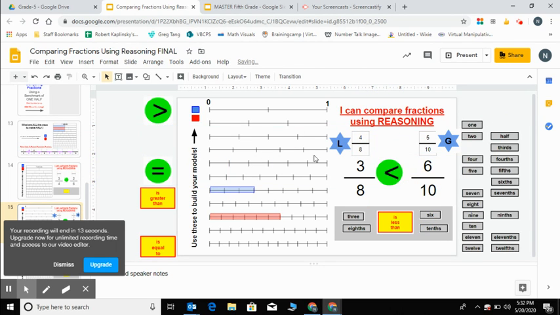And there you have it. That's how you use a benchmark of half to compare fractions. When you have one fraction that's less than half and one fraction that's over half, then you can think about what that half is to figure out which fraction